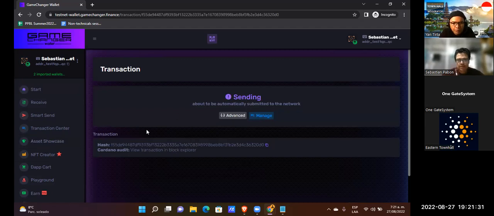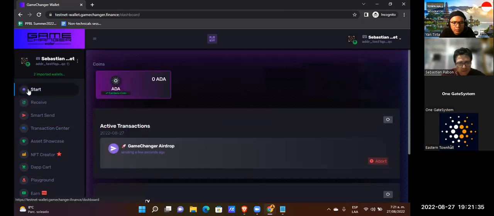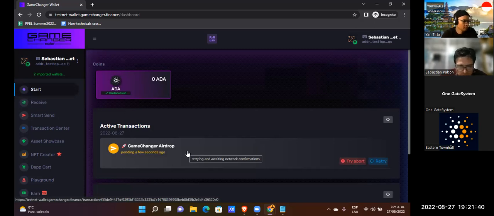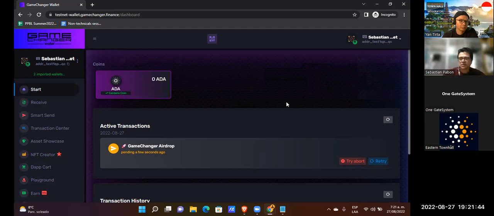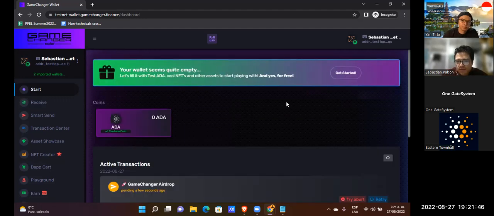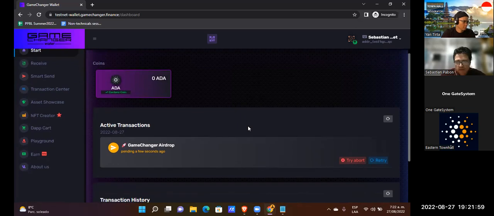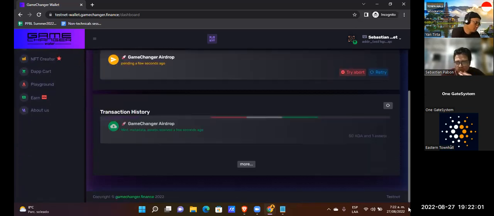Okay, it's sending that transaction to the blockchain. This wallet tries to facilitate some processes for the user in testnet.